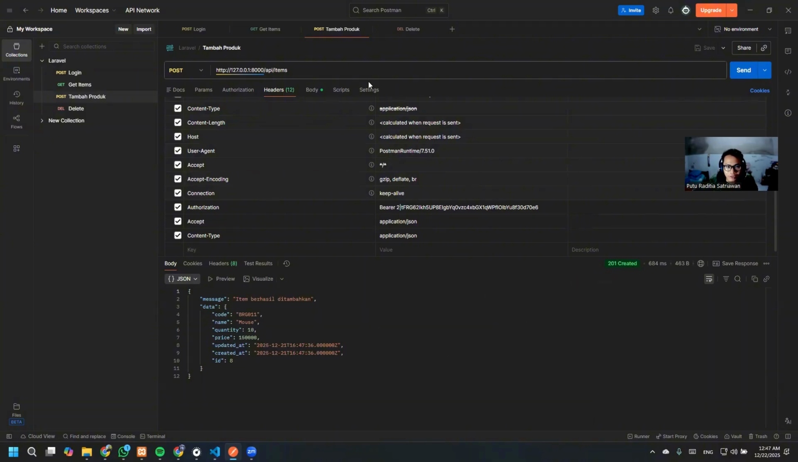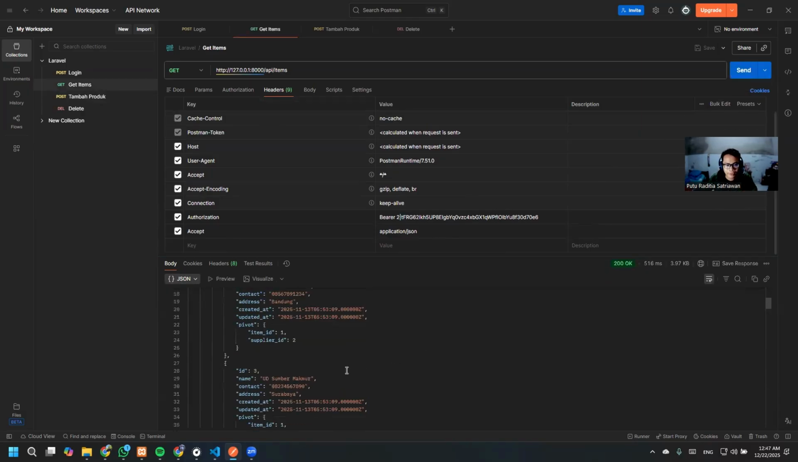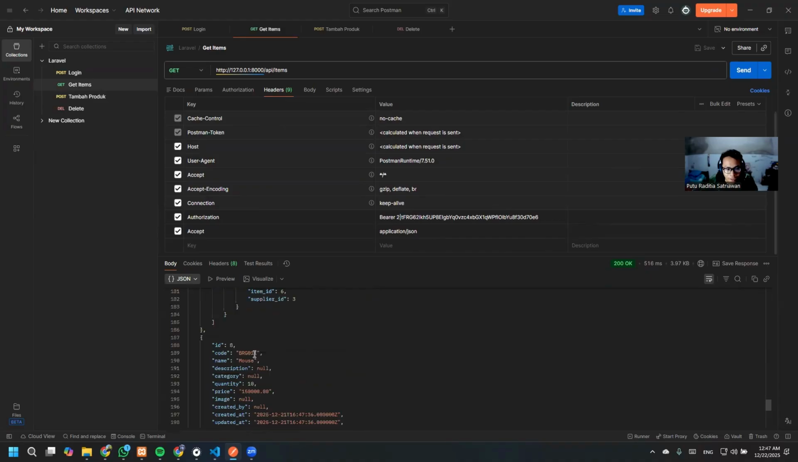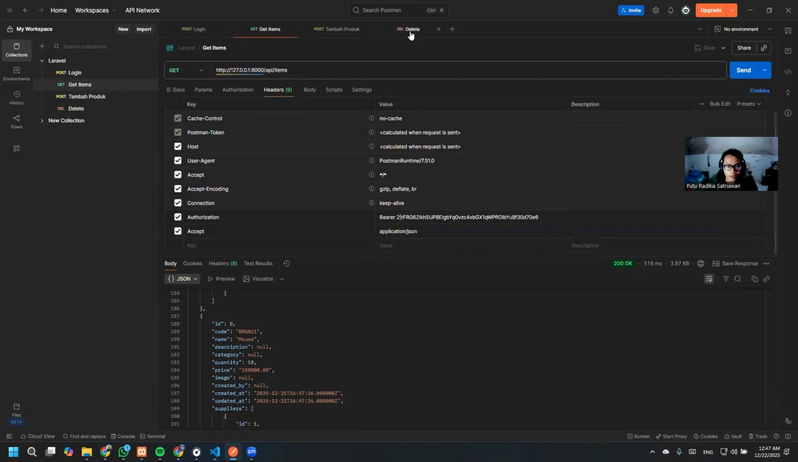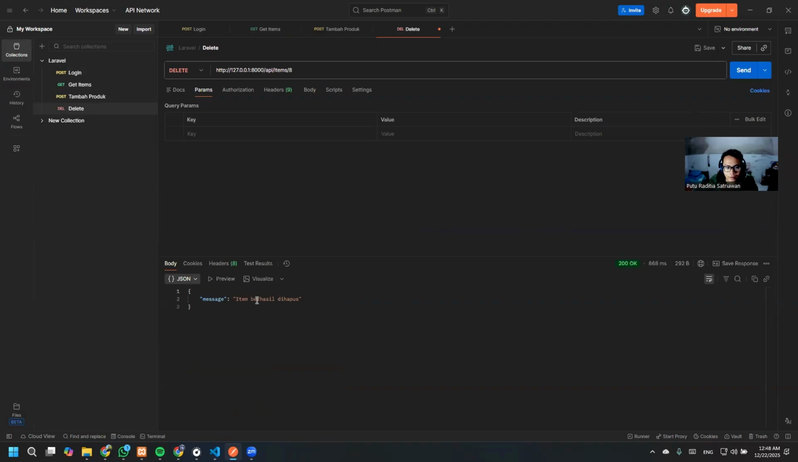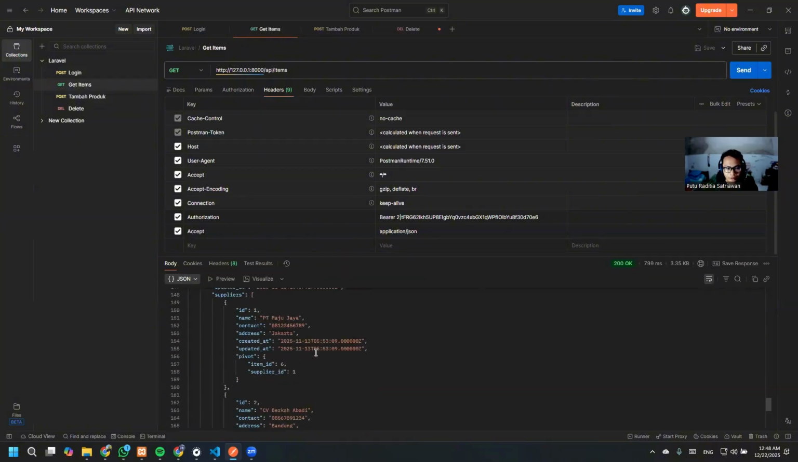Because it's already created, we need to get the items again to retrieve the ID, so we can use the delete function later. You can see here the BRG11 mouse, general mouse, basic mouse. The ID is 8, and we can delete using items 8, with the same API, localhost API items 8. Just send the API, and the message is item is successfully deleted. If we get the items again, here you can see the ID 8 is no